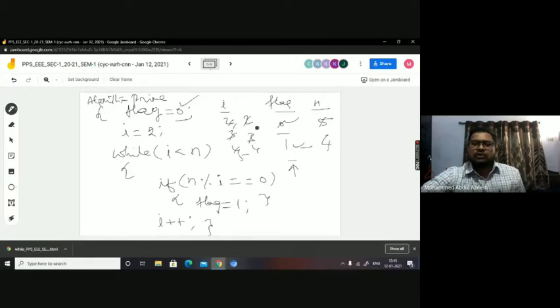For 4, when you are checking it with 2, this is true. So then you say it is not prime. But when you are checking it with 3, this is not true. So then you say that it is a prime. So the contradictory messages you get, not a prime and a prime. So what will be the correct answer?